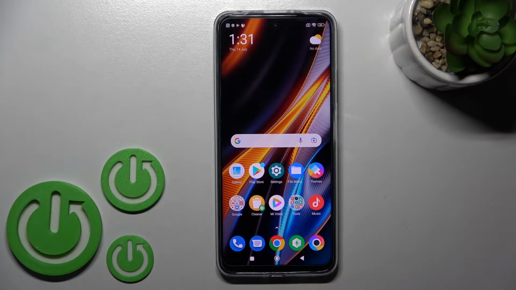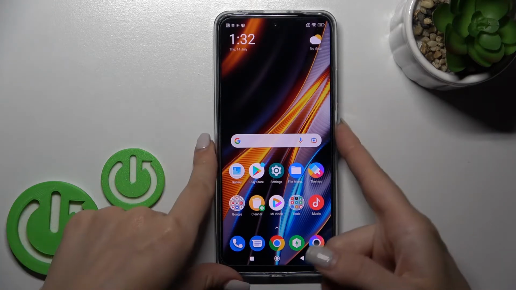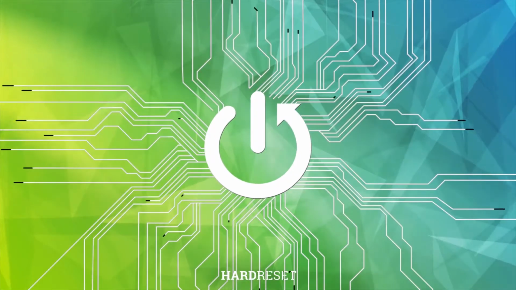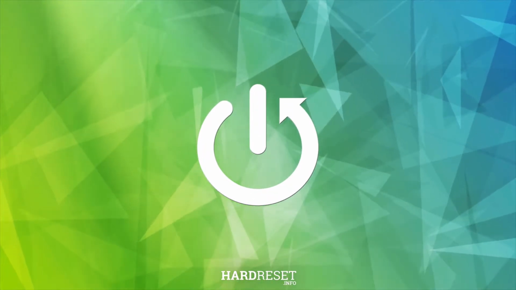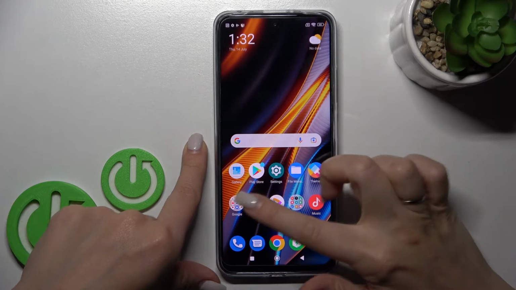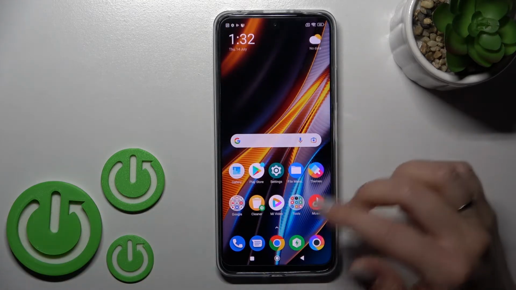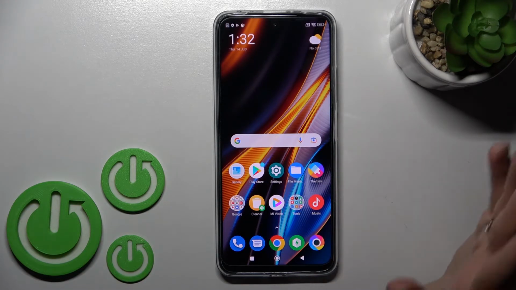Welcome, today I'm in the POCO X4 GT and I'll show you how to change lock screen wallpaper on this device. So we can see that we have the same wallpapers on the lock and home screen,